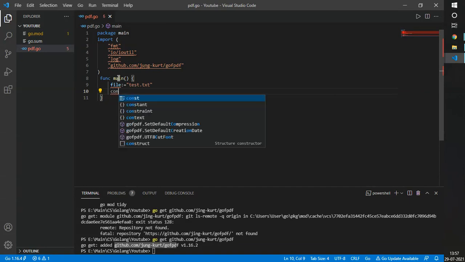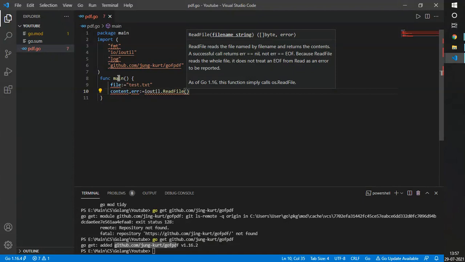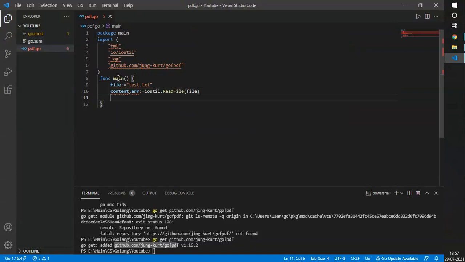So now to get all the content, we'd be including another variable, and one for the error as well. So now to get all the data from that file, we introduce another function, that is ioutil.ReadFile. This will read all the data from the file that is our text file that we have introduced before.